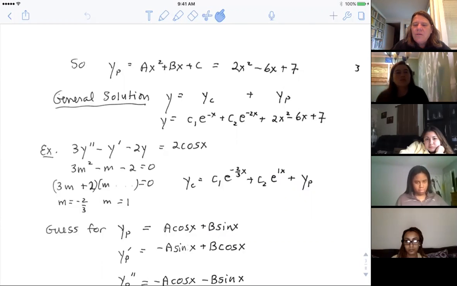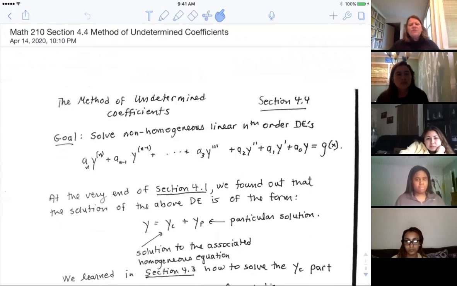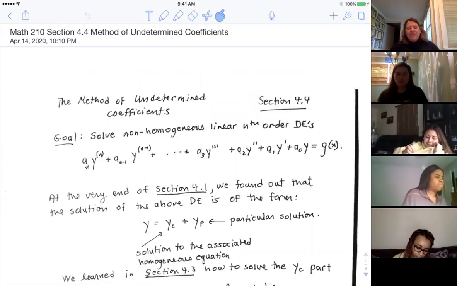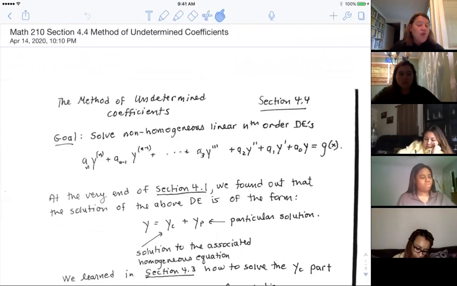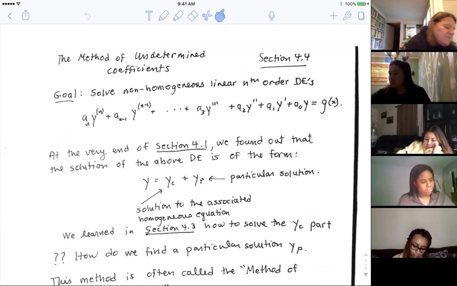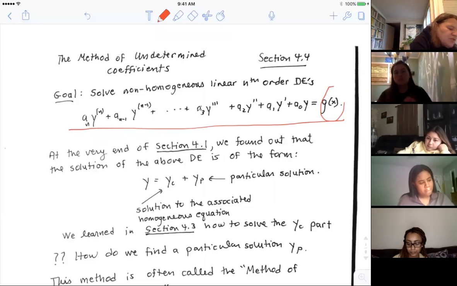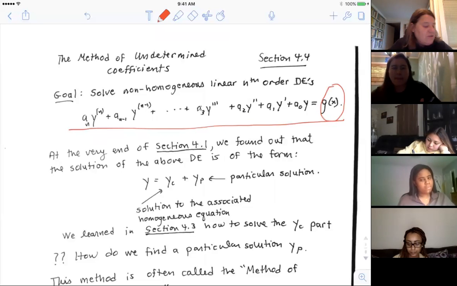So guys, what I want to look at today is section 4.4, and this is a method by which we're now going to talk about how we solve non-homogeneous equations. If we look at this and try to remember some things from the theory we did in that very long section to begin the chapter, one of the things I want to remind you of is that when we talk about non-homogeneous, this nth order DE is equal to some function g of x, not 0, but g of x.